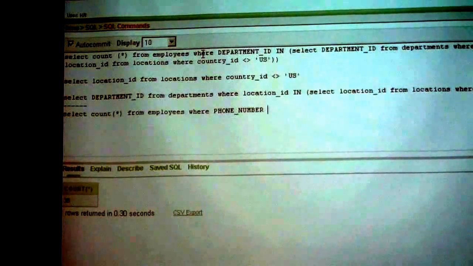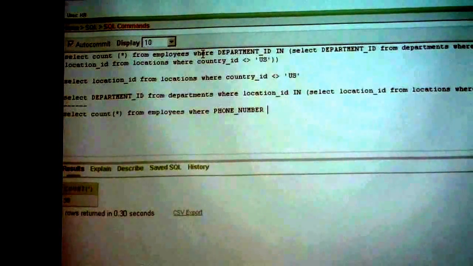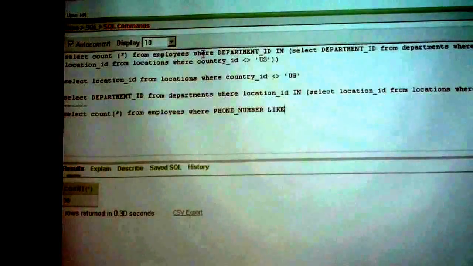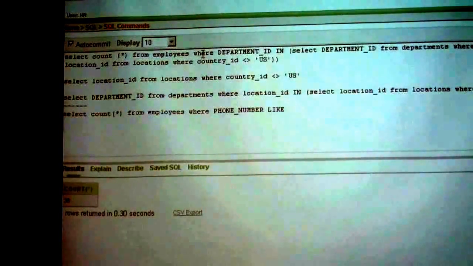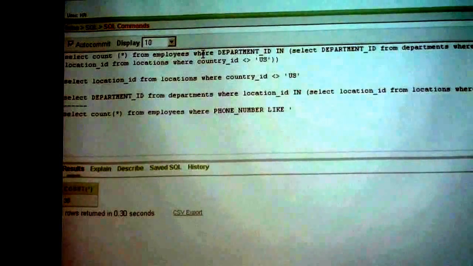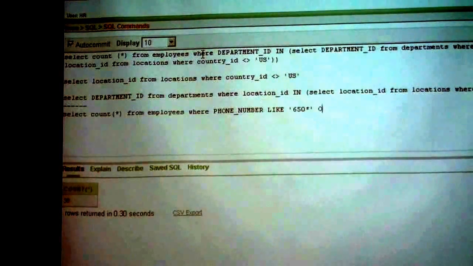Which operator? Equal? No, LIKE, because LIKE allows us to specify the possibility. We have to say 650 star, right? Or